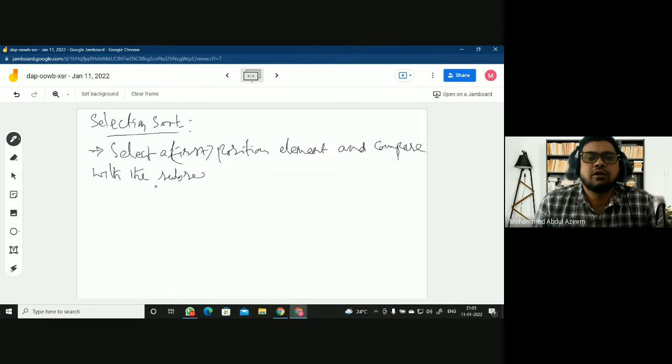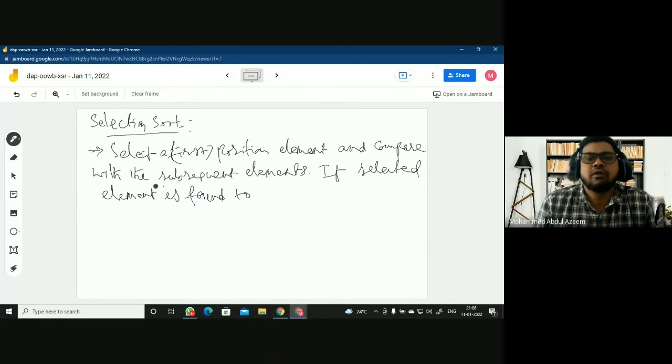You can view it at a later time as well. Compare with the subsequent elements. If the selected element is found to be greater, then make an exchange.